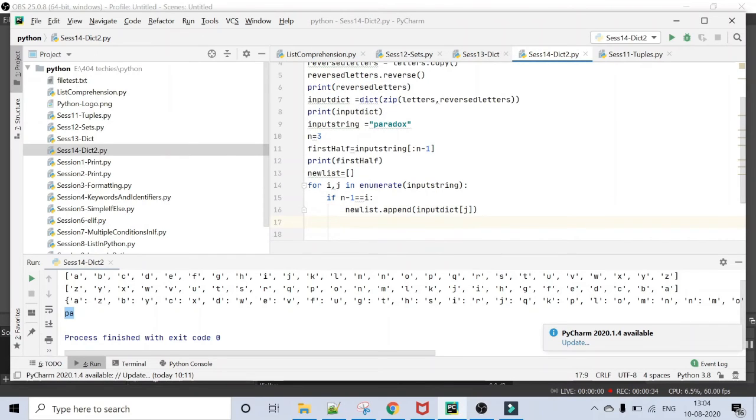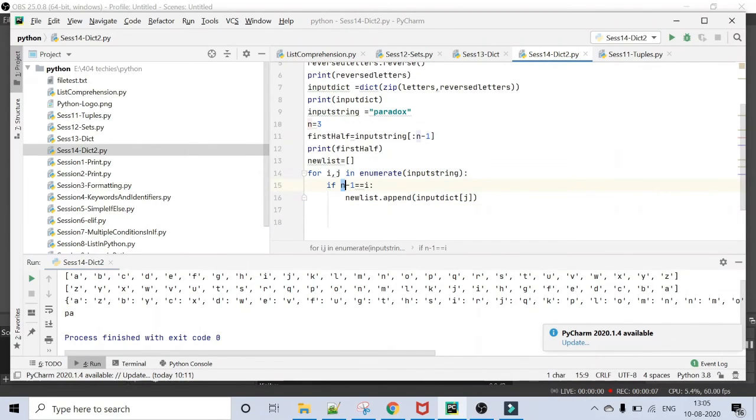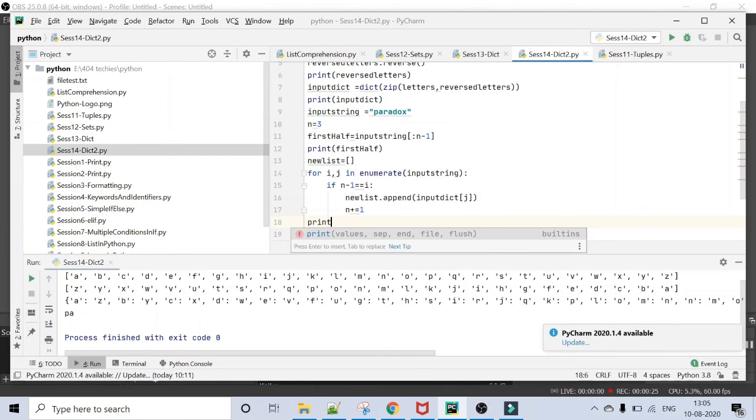Then we have to increment n, because i will be automatically incremented by the for loop, but n we have to increment. So I'm incrementing by 1. Now outside the for loop I'm printing the new list. Let's see the output.